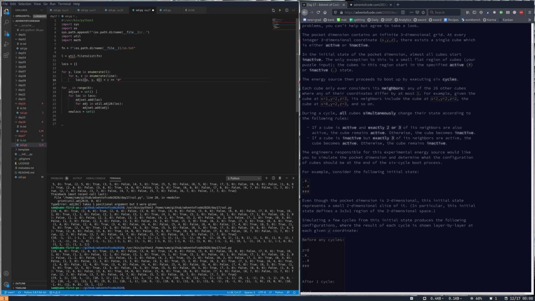Oh, we need locks should just be a set of all the active cubes. It doesn't need to be a dictionary. If c equals hash, locks.add x, y, 0. Okay. So now